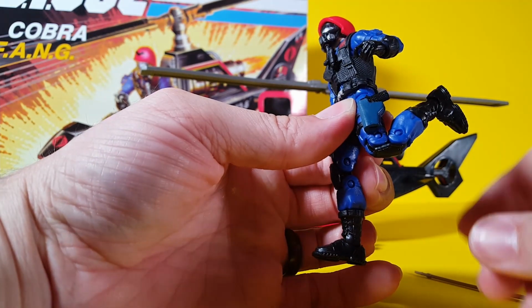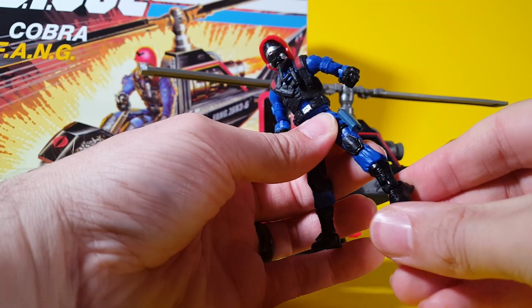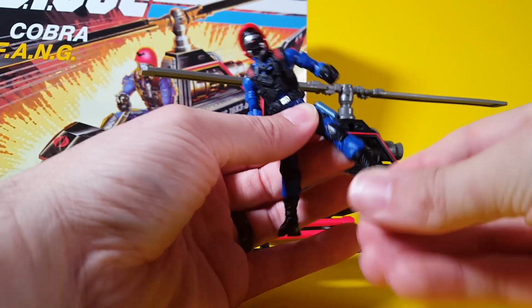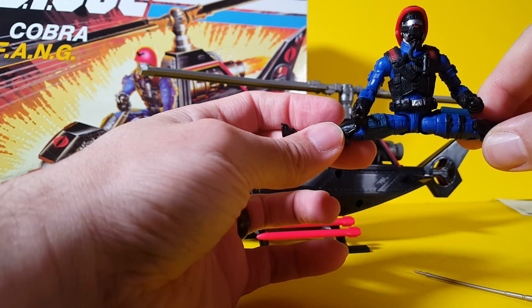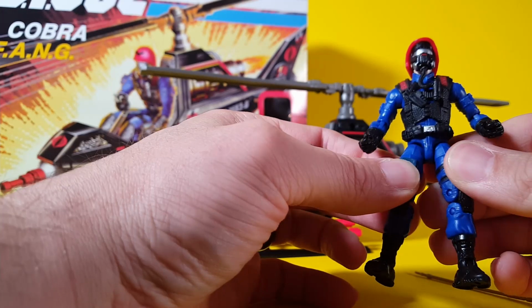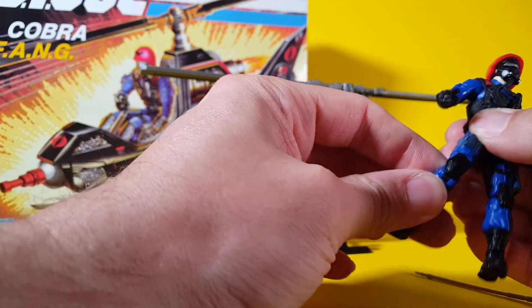Bend in the leg is pretty good. We got good bend. Leg rocker on both ways. Good. I mean, he can do the splits. My legs are a little loose filling, I won't lie. They're kind of loose filling. And